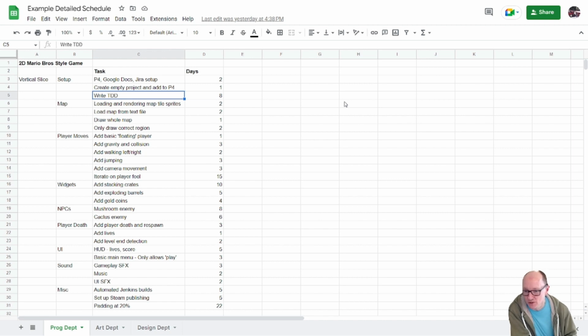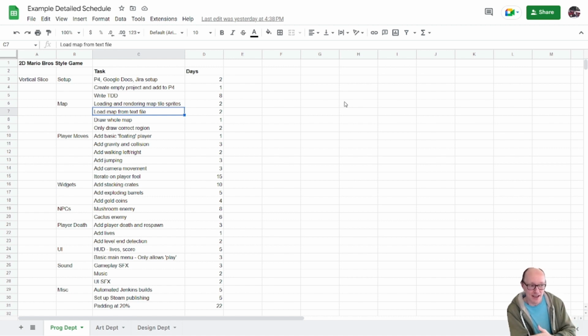Okay, so once we've done some initial setup, we're going to work on the map. We need to load and render map tile sprites. So we need grass tiles and rock tiles and box tiles and whatnot. We need to load them off disk and show them on the screen. We need to load a map from a text file. We're going to define our map in a text file. An X means a rock, and a space means empty space that you can walk through.